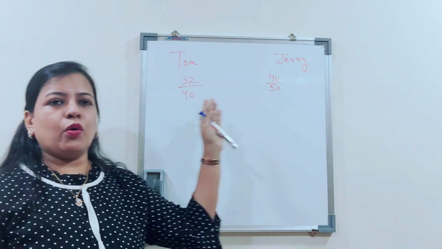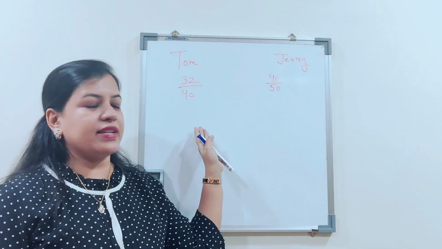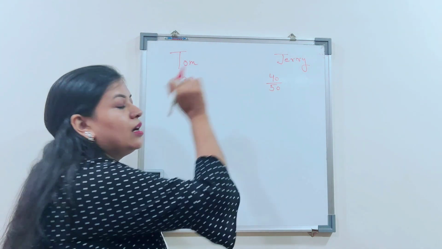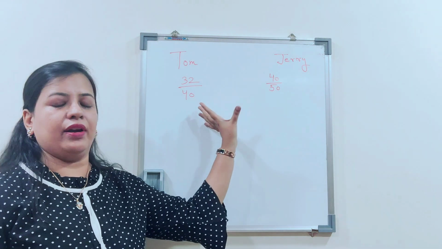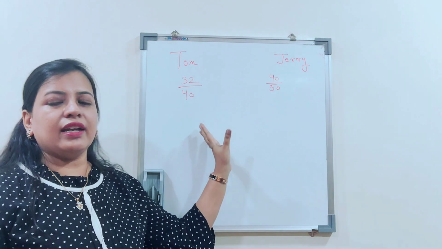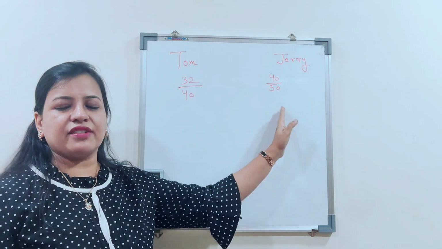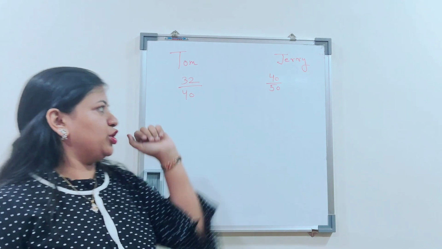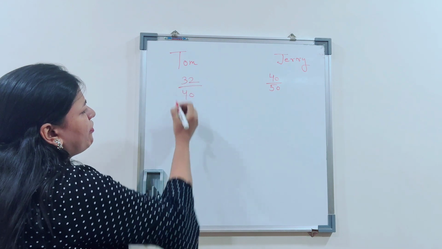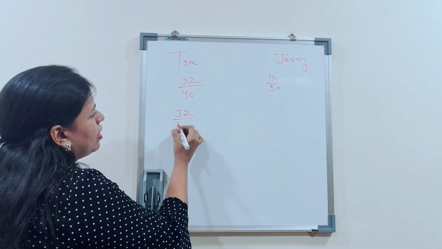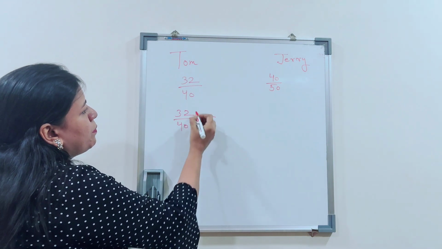No, this is not the way to decide who fared better, because you cannot compare two quantities when the denominators are different. So what do we do? We have to narrow down everything to 100. That is, we have to calculate everything out of 100. So what we do is we convert the respective fractions into percentage. Now you see that 32 by 40. Now this is what type of fraction? This is a type 3 fraction. And I've already taught you how to convert a type 3 fraction into percentage.